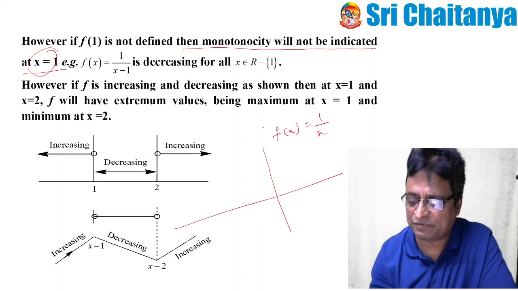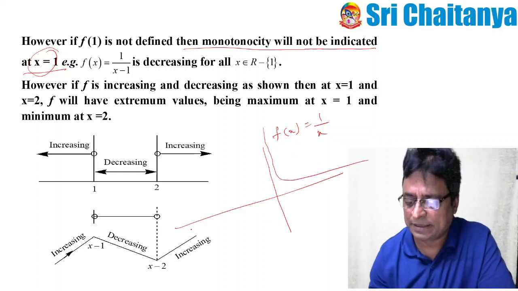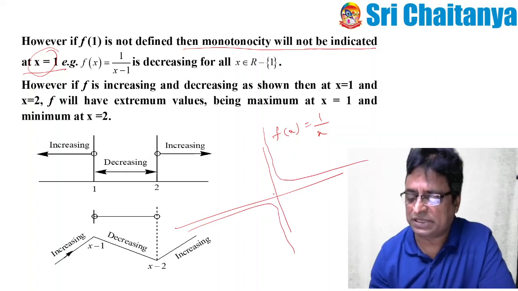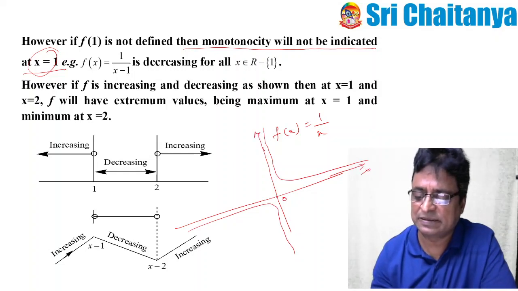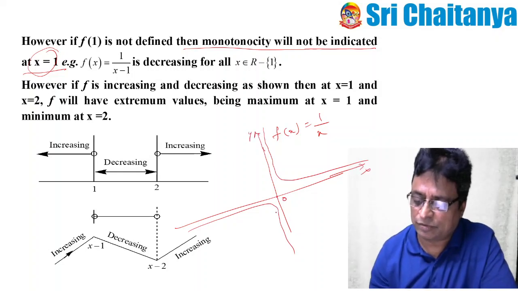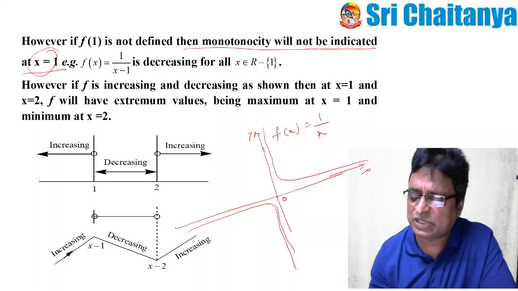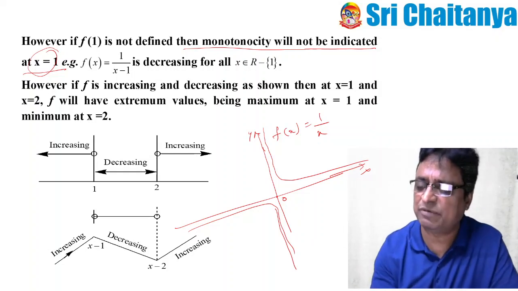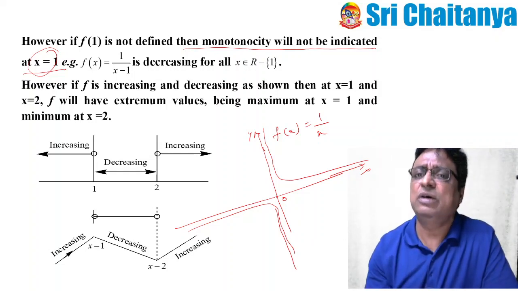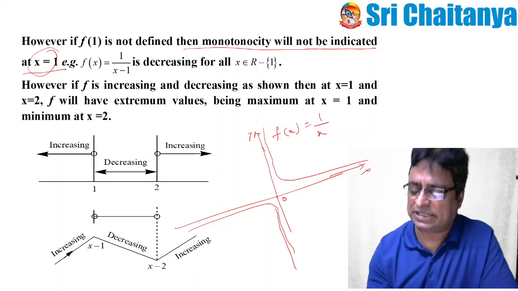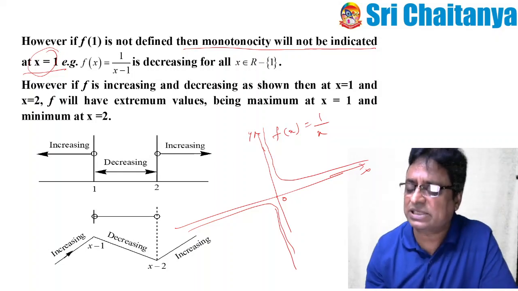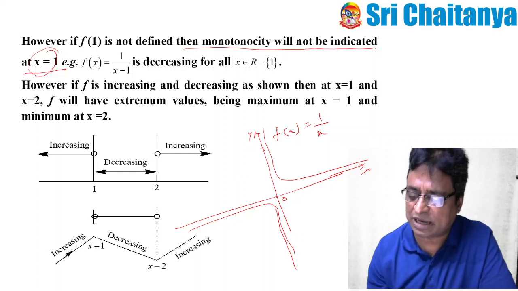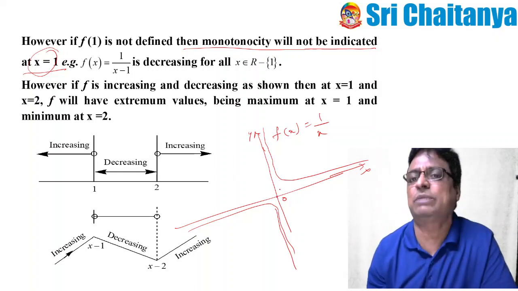And the graph of this function is like this. This is the graph of f of x is equal to 1 by x. This is the origin, this is the x-axis, and this is the y-axis. Similarly, x minus 1 means what? It is just like that only. The graph shape is like this. There is no difference between 1 by x minus 1 and 1 by x. The only thing is the origin matters. Here for 1 by x the origin is 0, for 1 by x minus 1 the origin becomes 1.